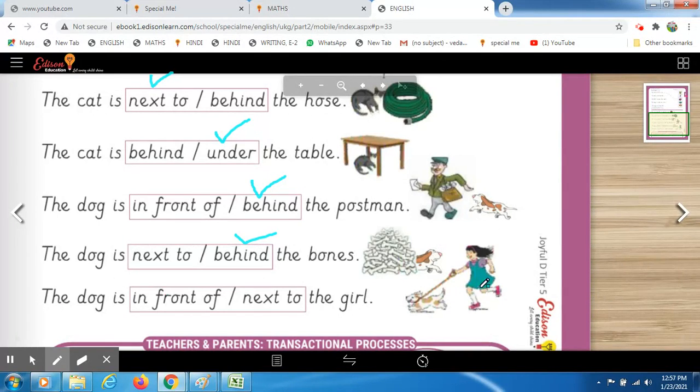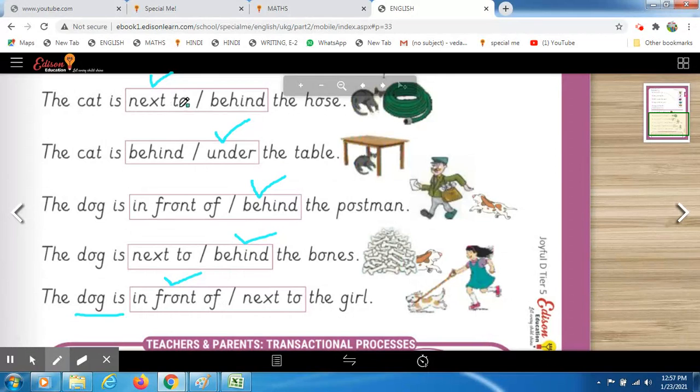And in this picture, see, this is the girl और जो dog है वो क्या कर रहा है? आगे आगे run कर रहा है ना? So the dog is dash the girl, in front of the girl. girl के आगे है ना? And the girl is behind the dog, है ना? गर्ल जो है वो डॉग के पीछे है. बट अभी यहाँ पे किसकी बात हो रही है? डॉग की बात हो रही है कि वेयर इज द डॉग? द डॉग इज इन फ्रंट ऑफ द गर्ल. गर्ल से आगे है. तो जब हम आगे की बात करते हैं तो वी कॉल इट एज इन फ्रंट ऑफ द गर्ल. ओके, so this is your today worksheet.